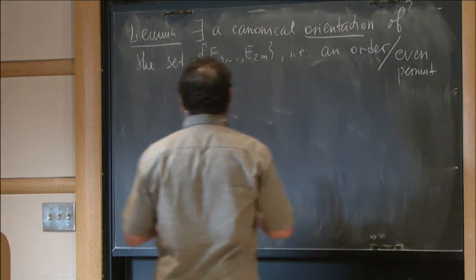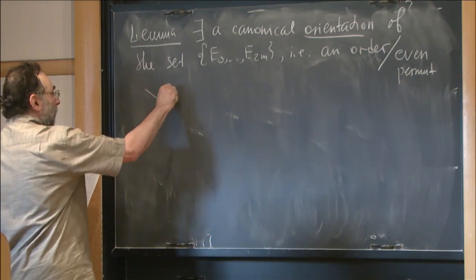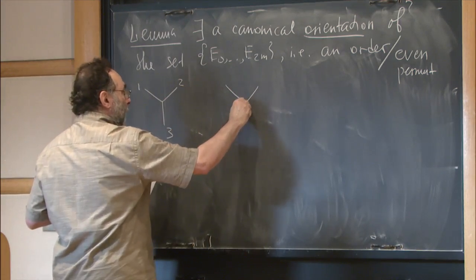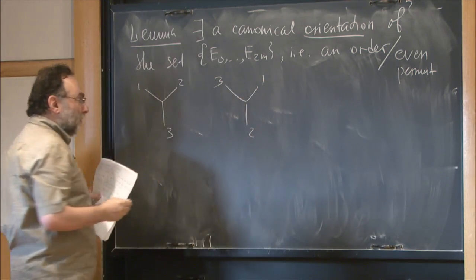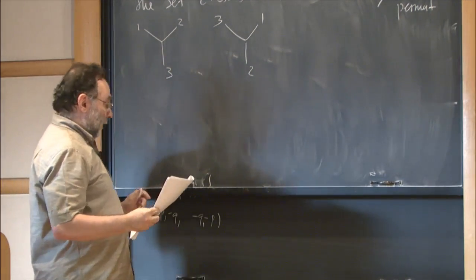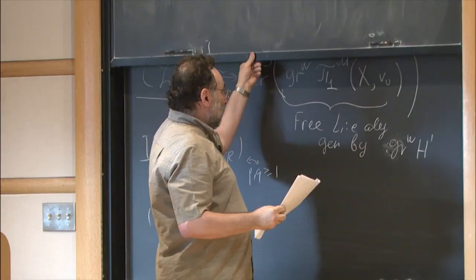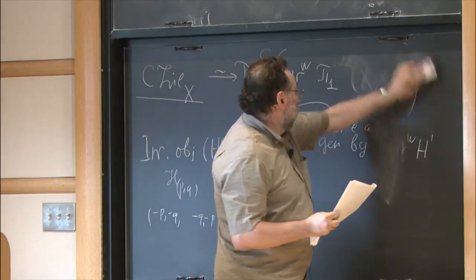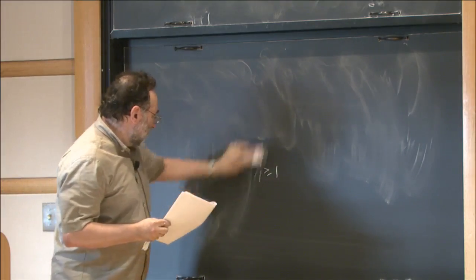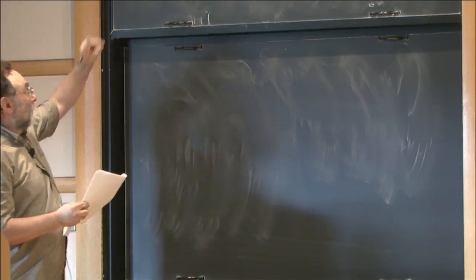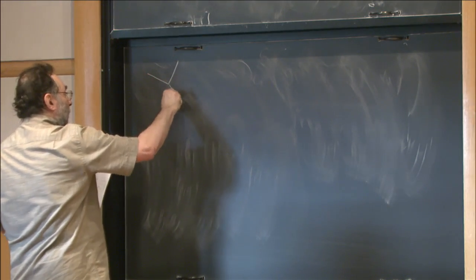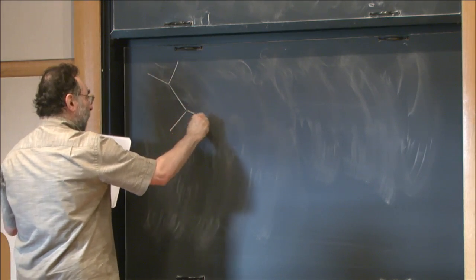Maybe I can still do it here. So first of all, an example. If you have a plane trivalent tree like that, you can number it like that, or you can number it like that. Obviously, the permutation is even. Secondly, if you consider a more complicated tree, I use the orientation of the plane as an input. So if you have a more complicated tree like that,